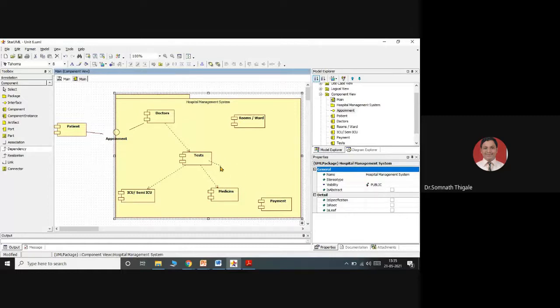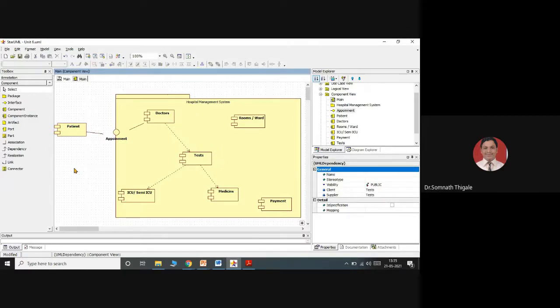Means after this, the doctor may ask the patient to be admitted in the hospital. That I can say simply as a room side, and based on that they are able to have the link. So everything will be associated with the payments.